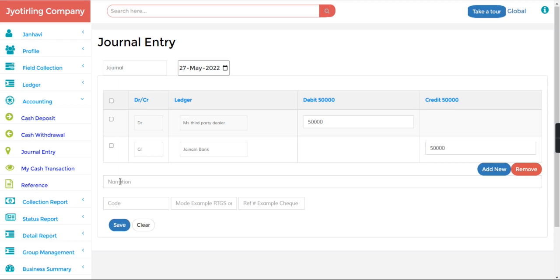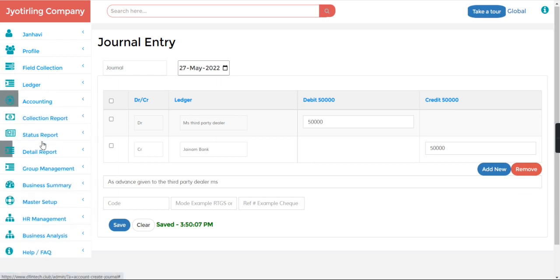So here you can write the narration as advance given to the third party dealer MS, and just save this entry.